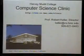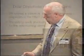So we're located in Claremont, which is in Southern California. It's about 30 minutes from Los Angeles, and it's kind of a suburban campus. It's part of a consortium of 5 undergraduate schools, and there are also 2 graduate schools there, the Claremont Graduate University and the Keck Graduate Institute of Applied Life Sciences, which was founded in the last 4 years. We are a relatively small school,